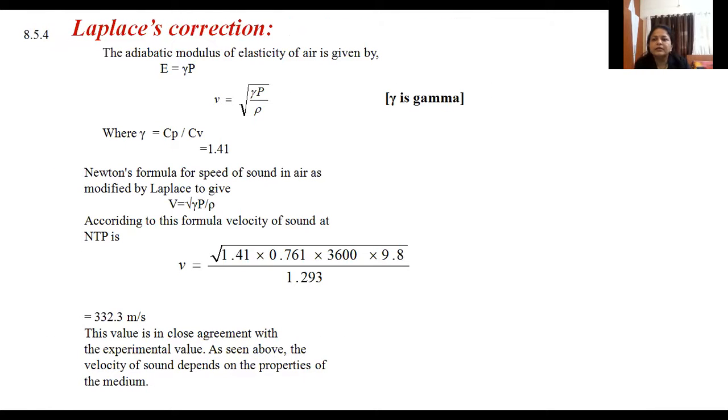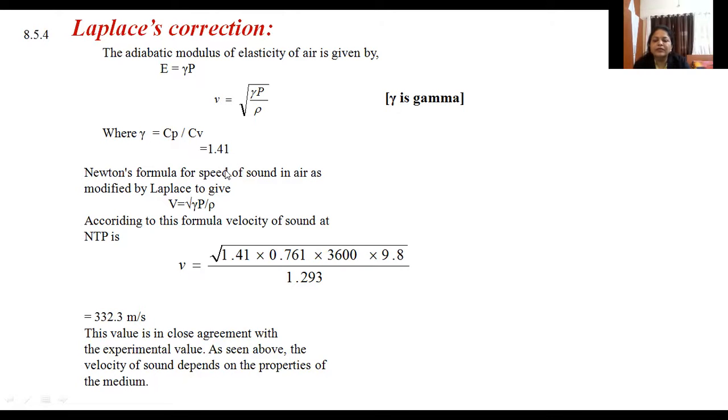Here he showed a correction in Newton's formula: instead of E, he used gamma P, where gamma is the specific heat constant. It is the ratio of Cp upon Cv, where Cp is the specific heat at constant pressure and Cv is the specific heat at constant volume, and its value comes to be